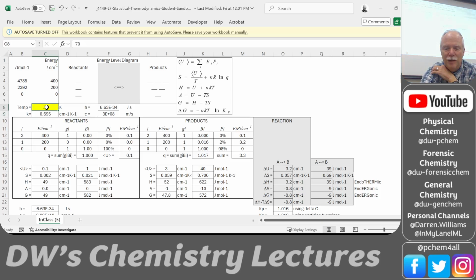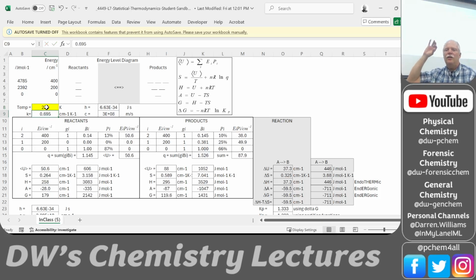-0.8, just barely spontaneous. Okay, let's go to 50.1. It's probably going to bottom out at 1. If we go to 1 Kelvin, we have 2 ground states, and those are the only 2 things populated, right? But what we can do to make things spontaneous forward, even though they're endothermic,